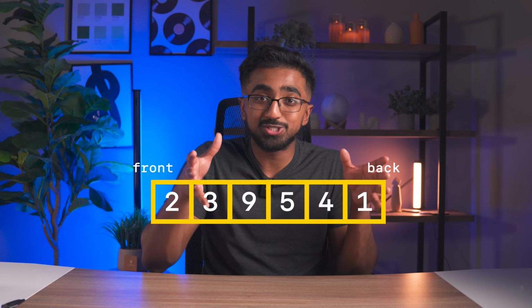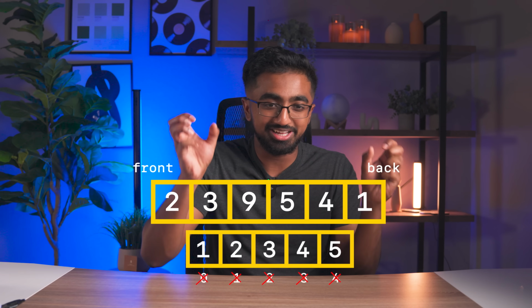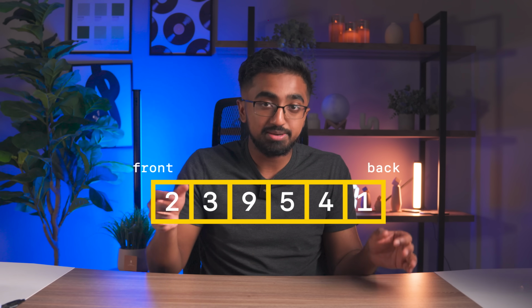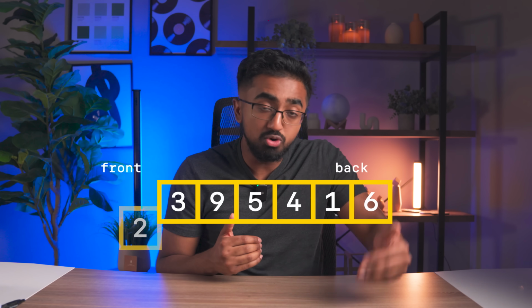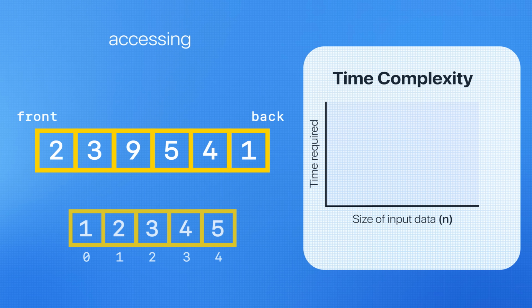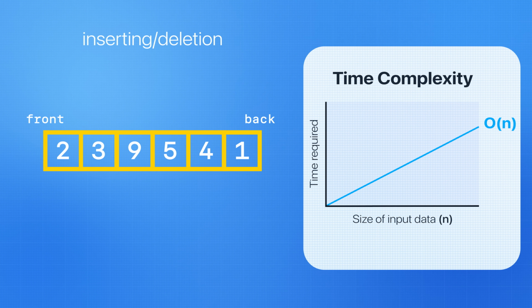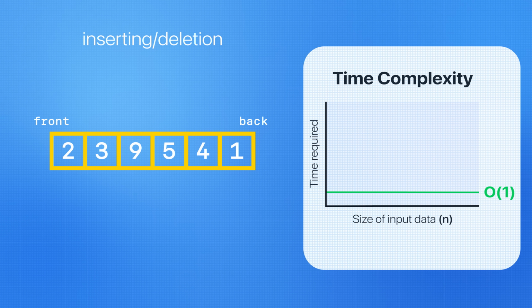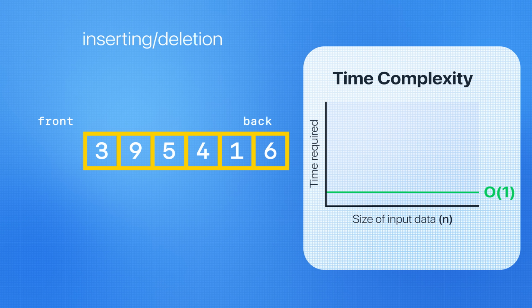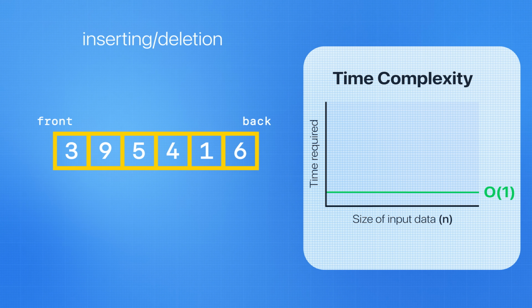Each element in a queue is stored in an ordered manner, but unlike an array which is also ordered, these elements can be added only in the back and removed in the front. For the big O time complexity of a queue, just like a stack, you can't access an element by their index, but for some reason if you have to go through the whole queue to find a certain element, that would be an O of n operation to access or search if you're not just trying to access the first element there. In terms of insertion or deletion, those are O of 1 operations because you add to the back, remove from the front, and it's just continuous. Think of a stack but in slight reverse order. Plus, queues are highly used in breadth first search and